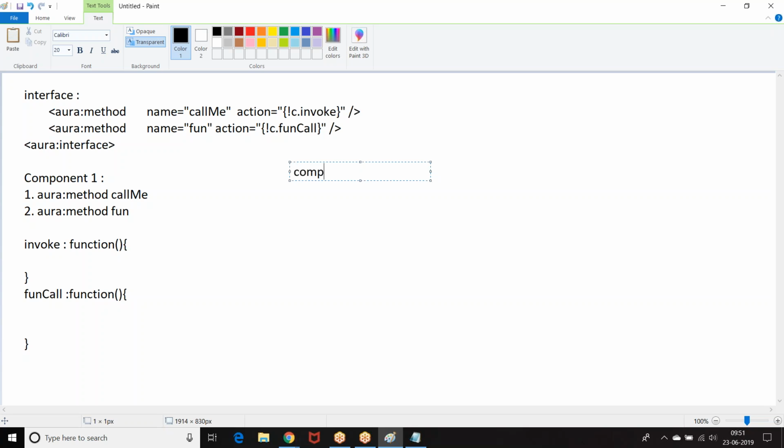Component 2, which is implementing, also has callMe. When a component implements an interface, all the methods in the interface will be coming to it. So when component 2 implements the interface, all the methods defined in the interface will be coming here. So the names are fixed,